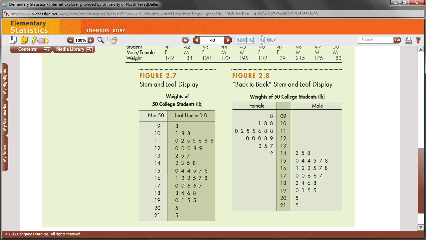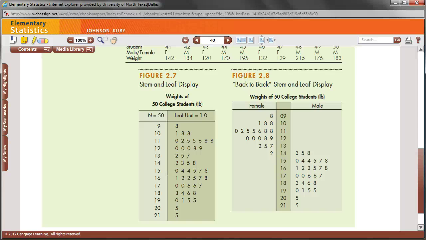But as you can see, we have 2 peaks. We have 11, which means 110 something, between 110 and 120 we have a peak, and then we have another peak between 150